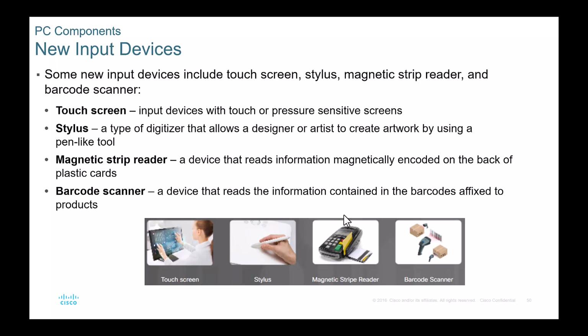So some newer technology, I guess you would say, as far as our inputs would be touchscreen, just like your phones. You guys know how that works with all the different touch gestures and whatnot. You also have a stylus. You don't really see stylus as much anymore, but again, you might work for the company that supports the POS terminals at TSC or Walmart, so you're going to have to directly interface with styluses and stuff like that. But that's the little pen that allows you to write on the screen. Or if it's a graphics shop, a lot of them will use tablets in order to do drawing and any artwork. Magnetic strip reader, that's your credit card reader.